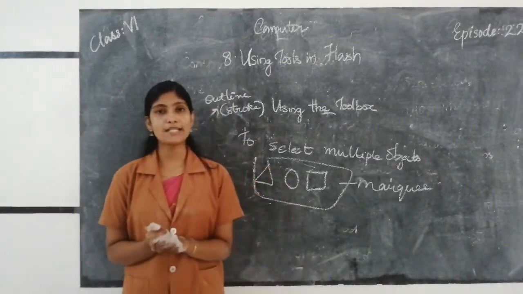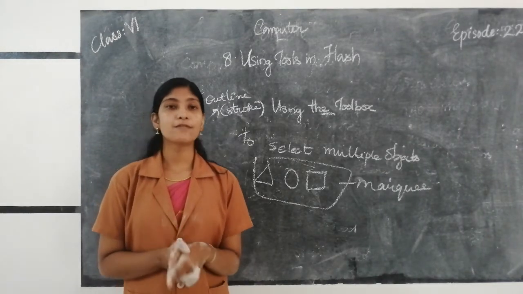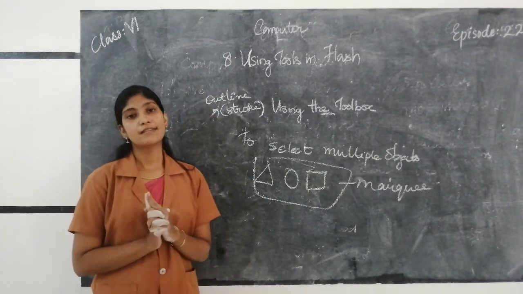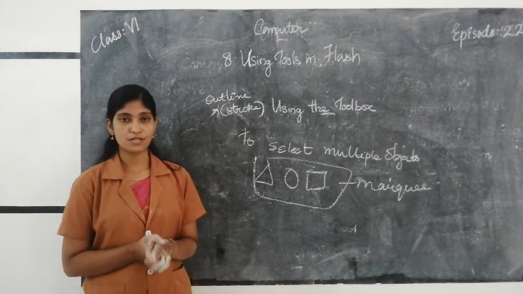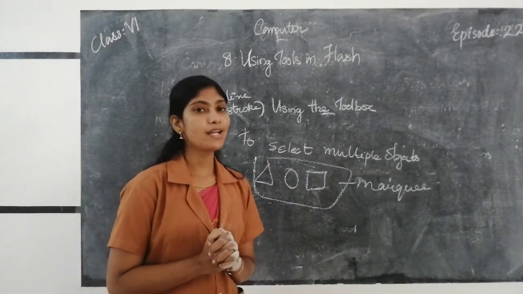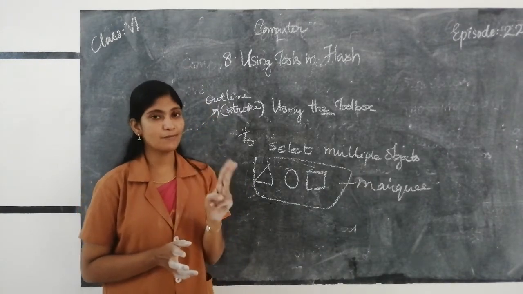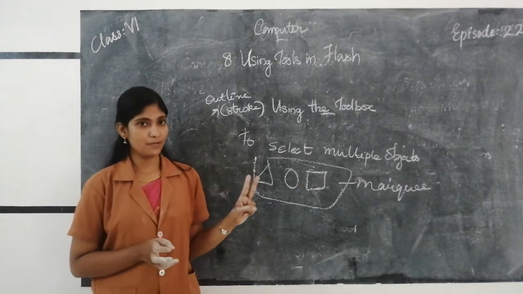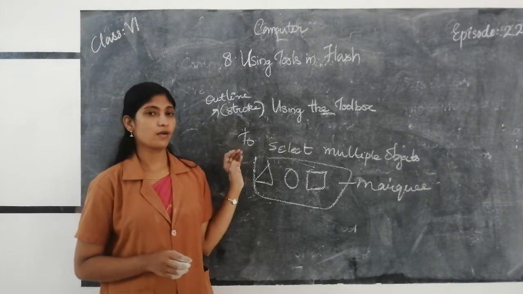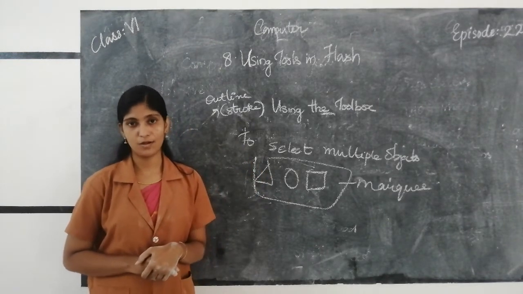Once again, the selection tool is one of the most relevant tools in the Flash software. First we discussed how to select a fill part, then how to select an outline or stroke part, then how to select multiple objects. In the content you created there are two parts, fill part and outline part. If you want to select the fill part, just click on the selection tool, then click the fill part. The fill area will be selected automatically.